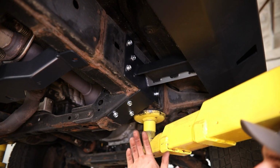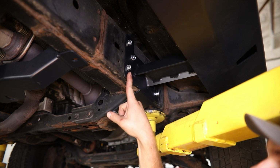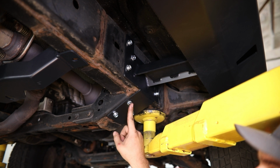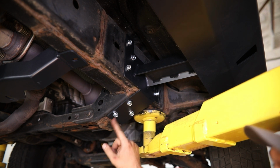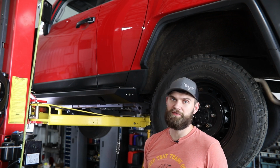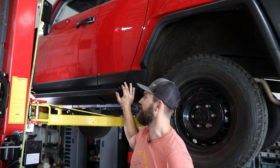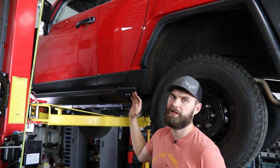Okay, so the only real difference here on the passenger side is going to be on the back of this front mounting bracket. You're going to use 3 of the self-threading bolts here, and then you'll need to drill all 3 holes and run 3/8 self-threading bolts into the bottom as well. After you have all that tightened up, you can grab your 5/16 hex socket as well as Allen wrench, make any minute front to rear adjustment that you might need to of this slider boat, and then tighten those down